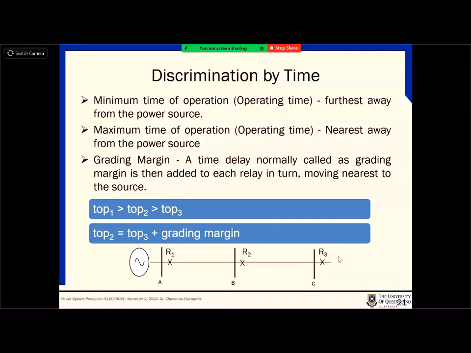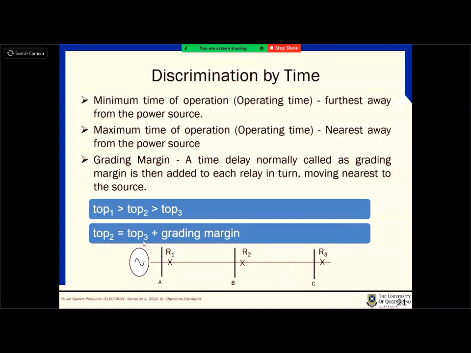And if you want to find the operating time of relay 2, that is basically the operating time that you set for relay 3 plus the grading margin. So if you know that grading margin, then always TOP2 should be a value